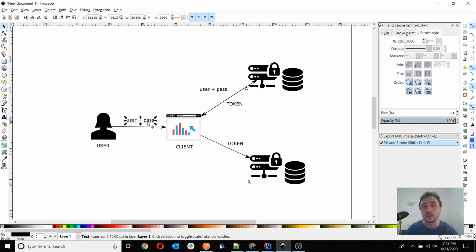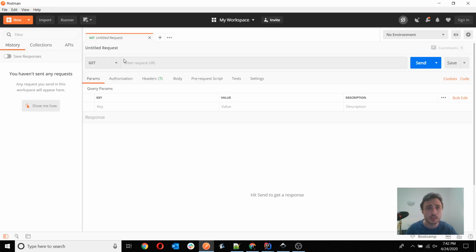So it simply gets the user credentials, sends the user credentials. If they are correct, it gets the token. If they are not correct, then it doesn't get the token. That's pretty easy, so let's do that. I'm going to my Postman here. I will start a new tab, and the token endpoint is actually a POST endpoint, so I need to change the method here. And I do an HTTP localhost 8080, and then I have